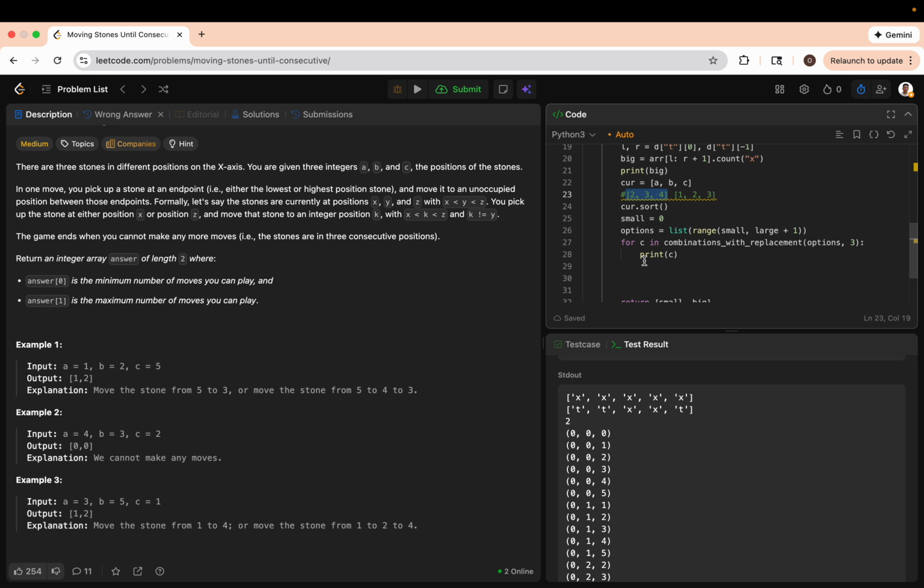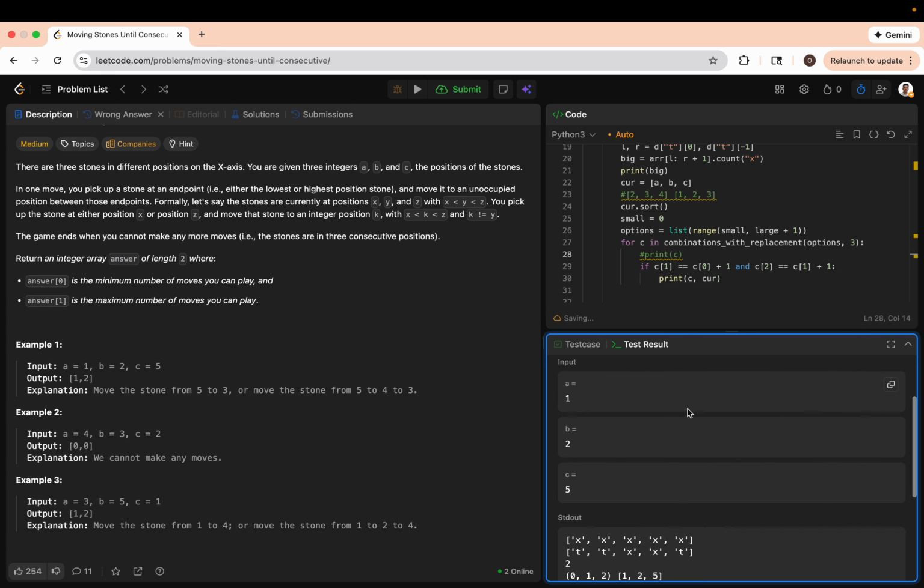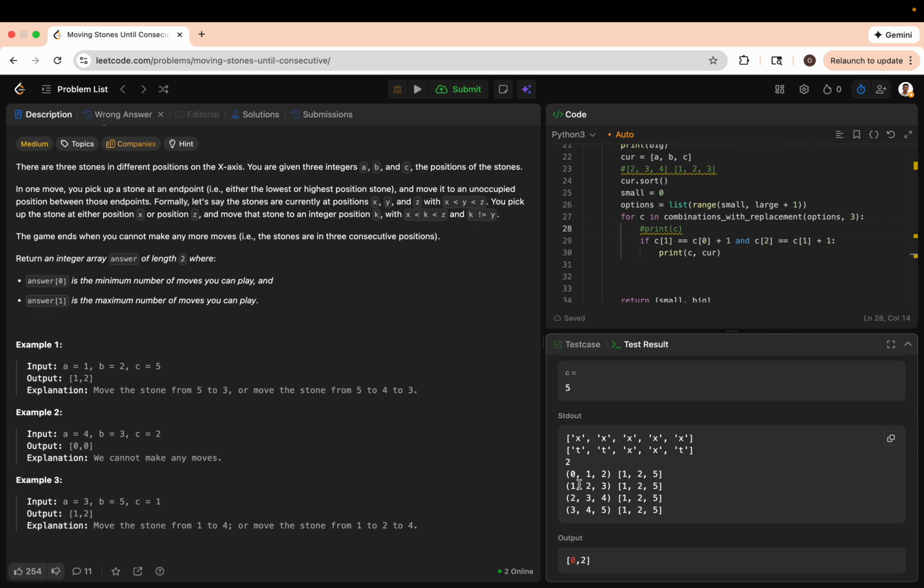This is just going to be all the c's we happen to generate. So then we can just go ahead and say if c of 1 is equal to c of 0 plus 1 and c of 2 is equal to c of 1 plus 1, then we can go ahead and print c in current, right? So we're looking for the minimum difference to make a consecutive out of all the options